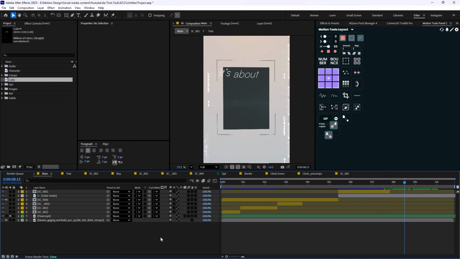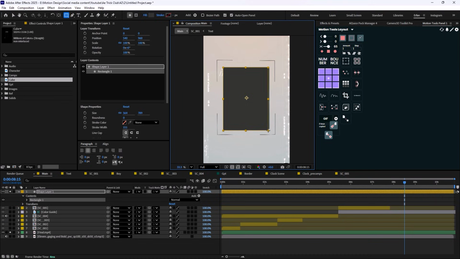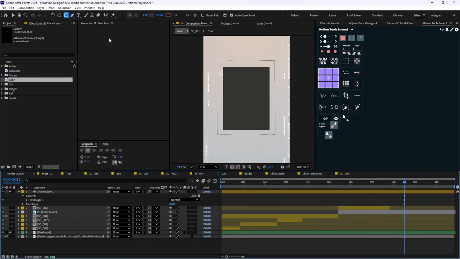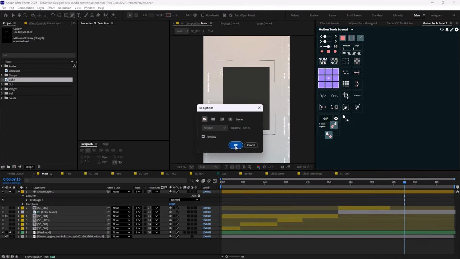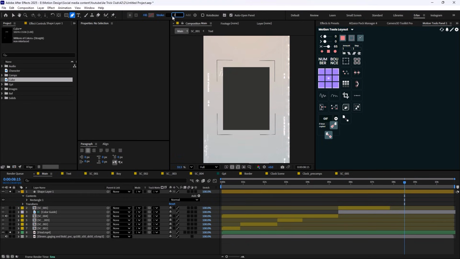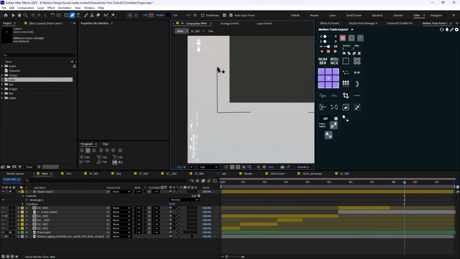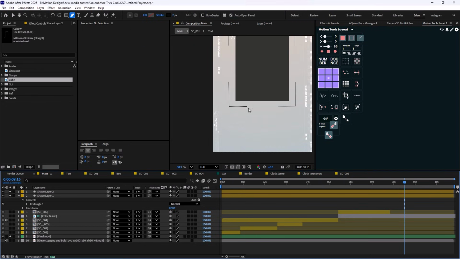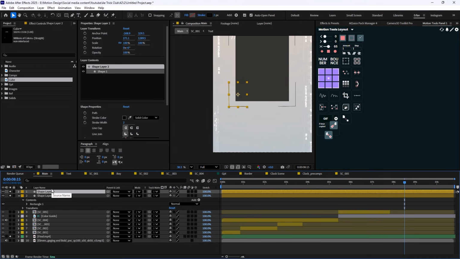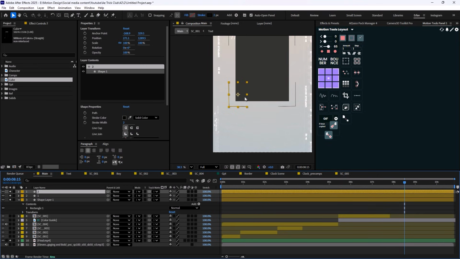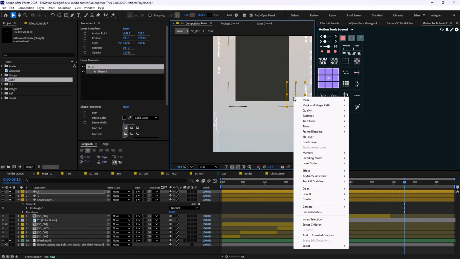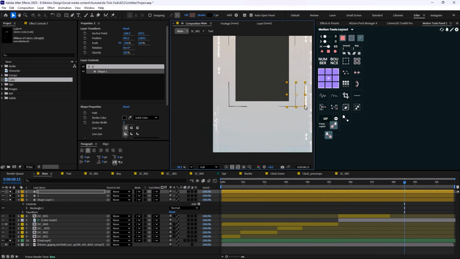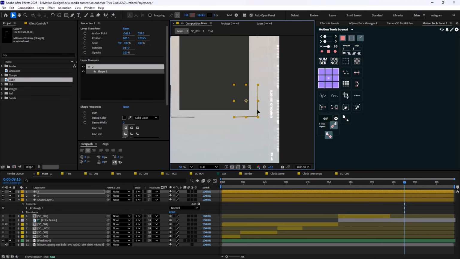I'm gonna go in here and we're gonna just grab a rectangle tool. We're gonna create a rectangle like this, and then we're gonna go towards the pen tool. We are going to turn off the fill. Let's just set the stroke on 2 pixels for now, and we're gonna draw sort of an L shape like this, and I'm gonna just call this one 1, and I'm gonna duplicate it. I'm gonna place it in here. I'm going to right click on it. In transform, I'm gonna select flip horizontal, so this one will create something similar.